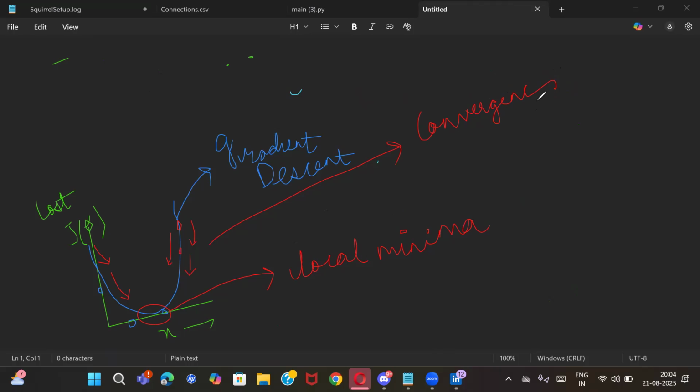So basically, with the help of this convergence theorem, we will locate the local minima. And what is the syntax for this? We'll be doing here x minus alpha,